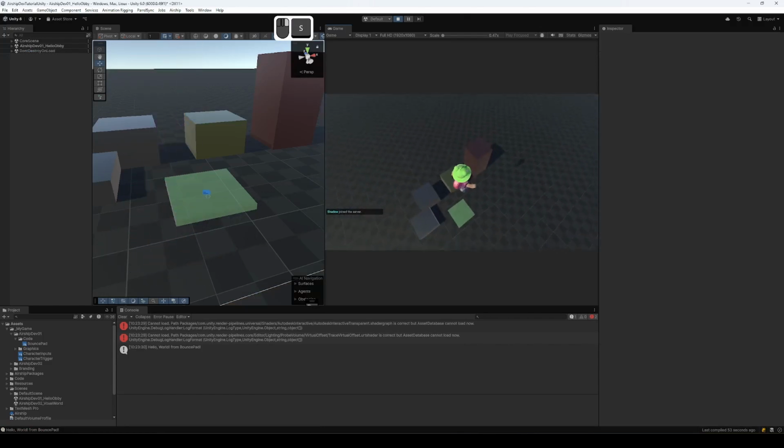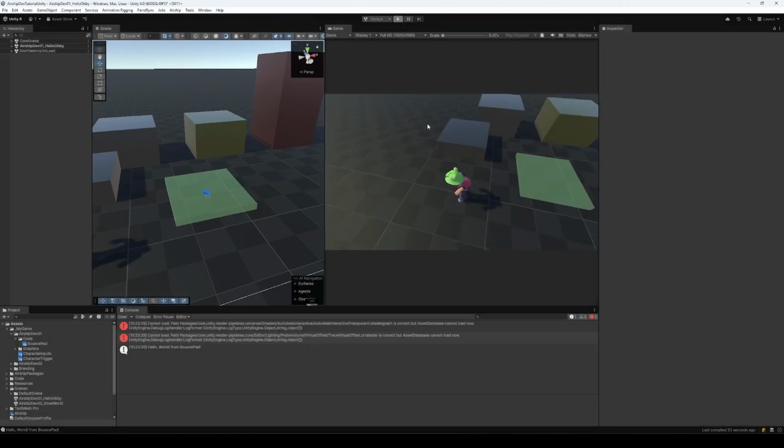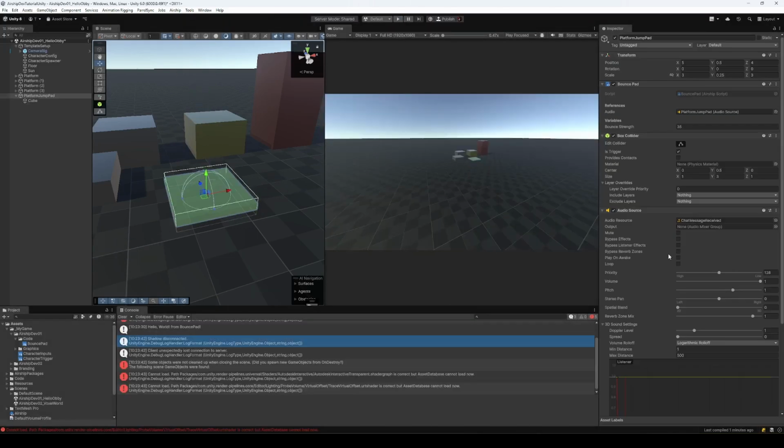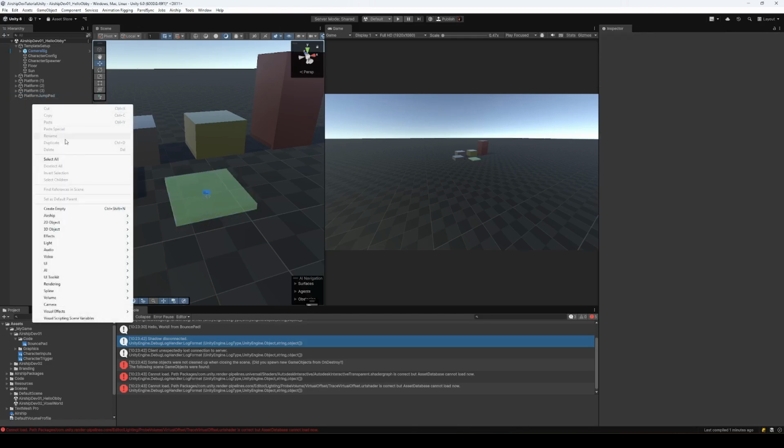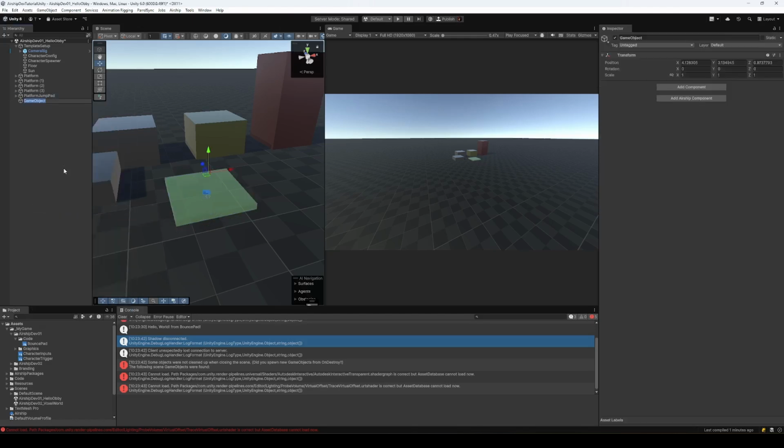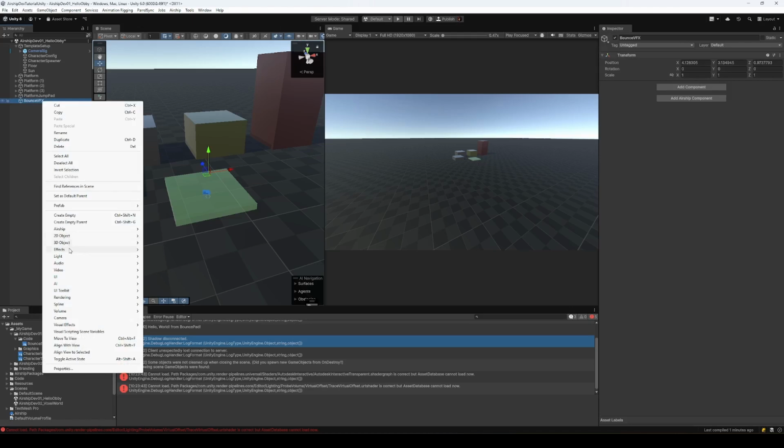Great, it's working. Let's take it one step further and add a visual effect to when you bounce. To do this, I'm going to make a new game object, which is going to be our visual effects. So I'm going to create an empty, give it a name. And then inside this, I'm actually going to create something called a particle system. So if you go to Effects, Particle System,